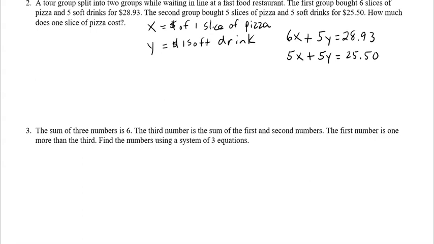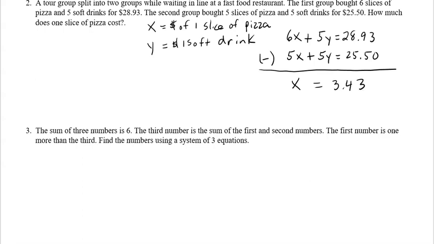$25.50. Okay, so the easiest way to solve this system, you have options. You can use substitution or elimination. You have other options as well, but probably the easiest option is just to use elimination because you have matching y terms that would cancel if you subtract. So I'm just going to subtract all these like terms. So 6x minus 5x is 1x. The y's will cancel. And then when I do 28.93 minus 25.50, that's